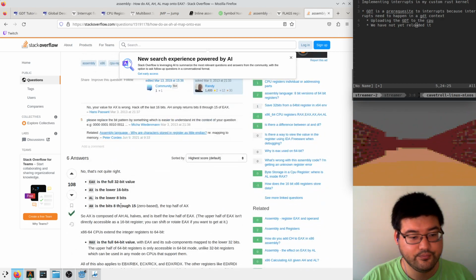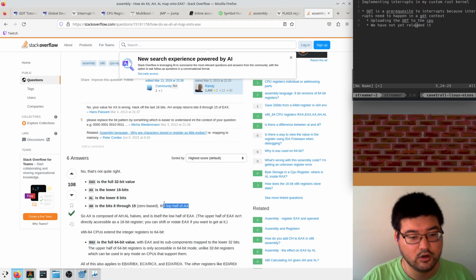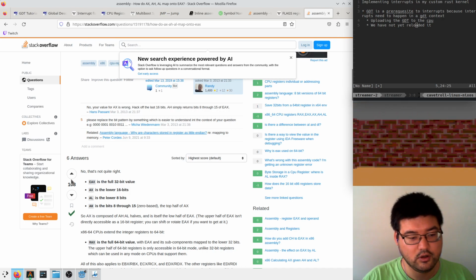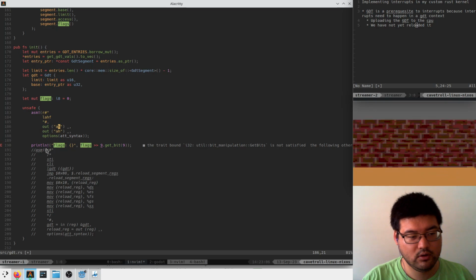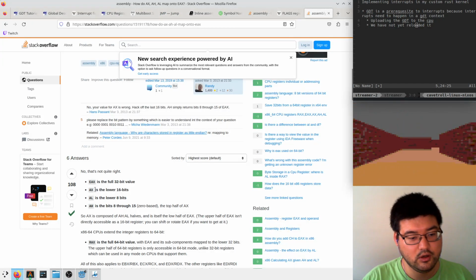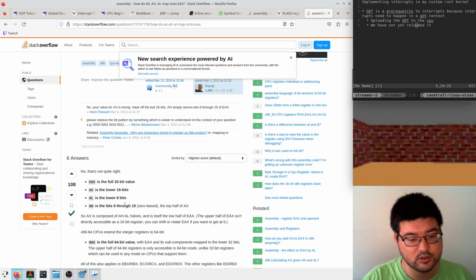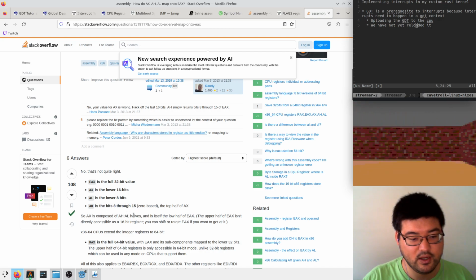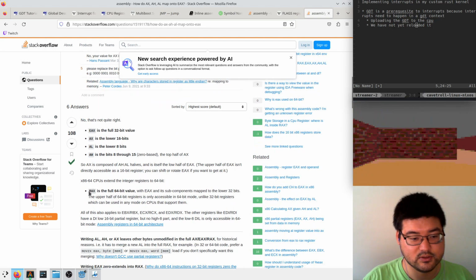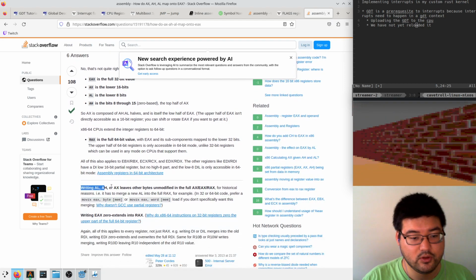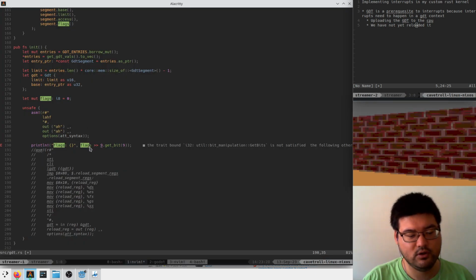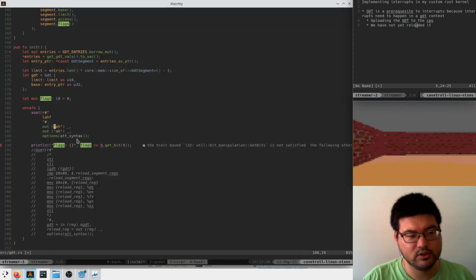The top half of AX. Huh. Bits 8 through 15. The top half of AX. So AX is composed of AH, AL halves, and is now the low half of EAX. The upper half of EAX isn't modified; it leaves other bytes unmodified for historical reasons if it has to merge. Oh, okay. So I wonder if, like,